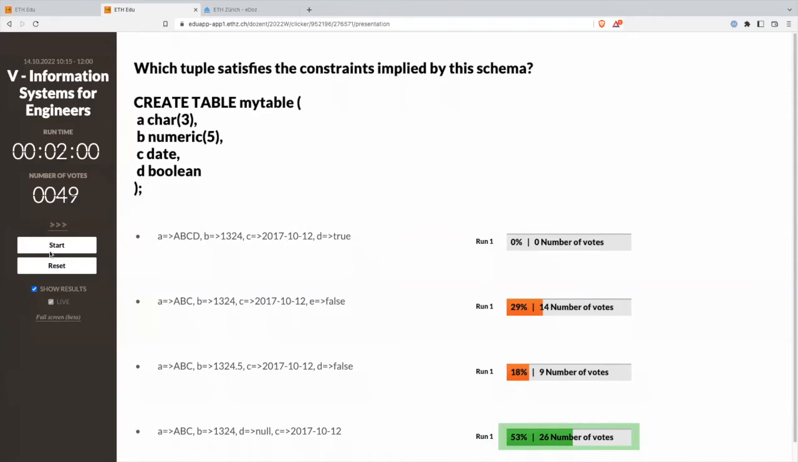The first one, what's wrong? Exactly, A is wrong because there are 4 letters, so this is wrong. Why is the second one wrong? The name of the Boolean column is E, not D. Yes, exactly. So E would be outside of the schema. There is no column E. So indeed, and the third one,